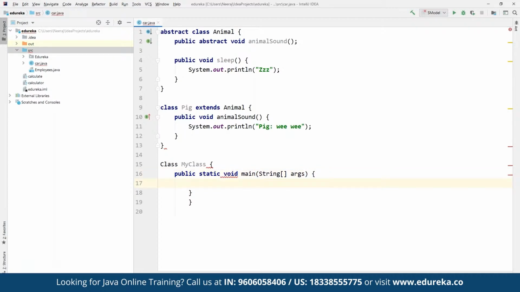Now, suppose we are going to create a pig, let's say as myPig. Here we can define a new Pig object, by defining new and then the Pig class that we are going to create. So what we have done here is define a simple new Pig and then the Pig object. Once we define the Pig object, we can call myPig and define the animal sound that we have defined,